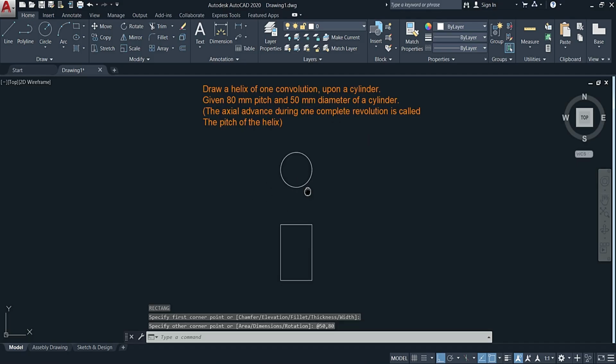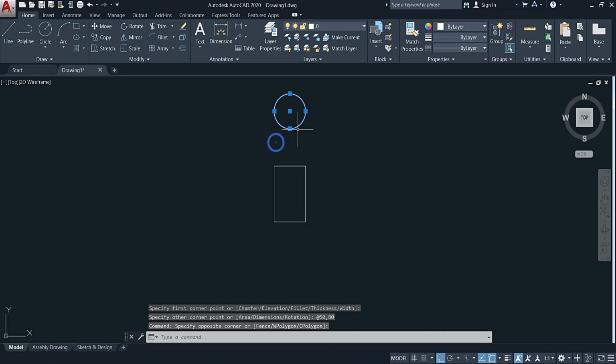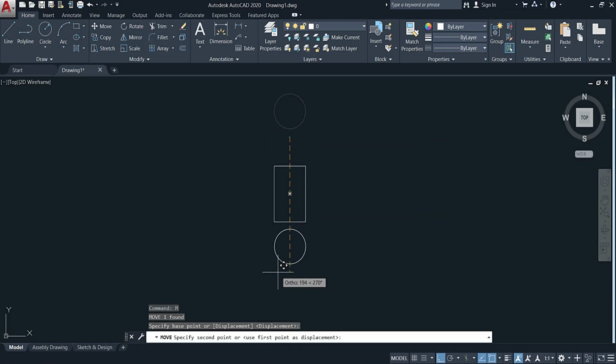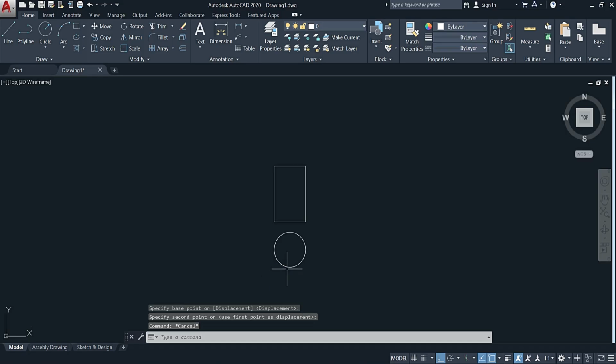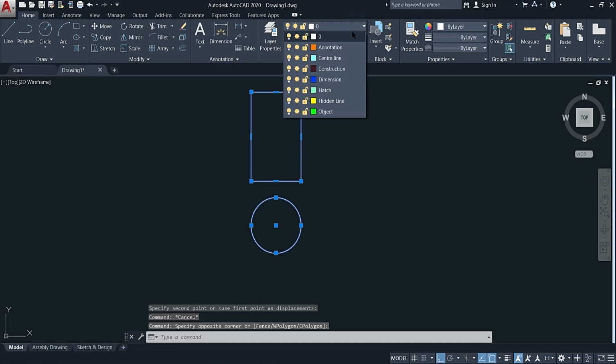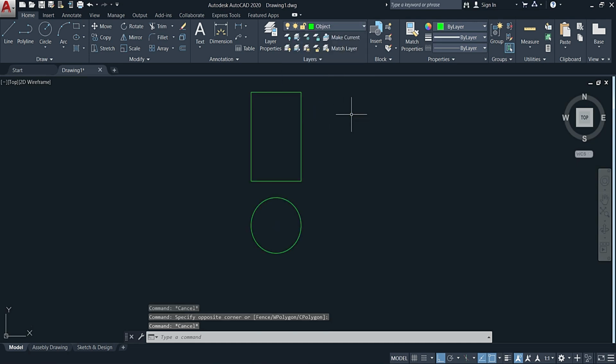Let me move things a bit closer. You know what I'm going to do? I'm going to move my circle below, about there or so. Alright, so I hope everybody can see what is going on here. Now, once we have that in place, the steps remain similar to what we have done in other videos,